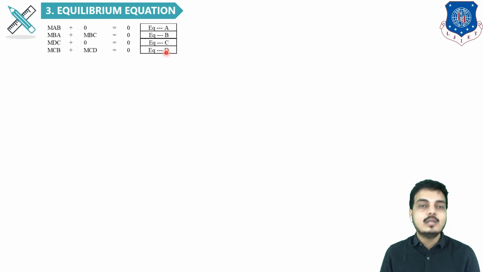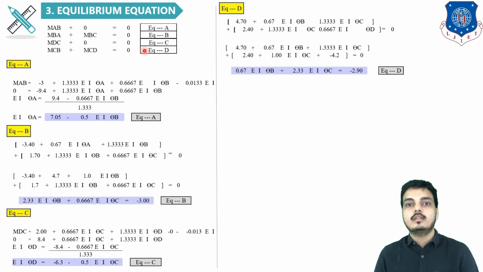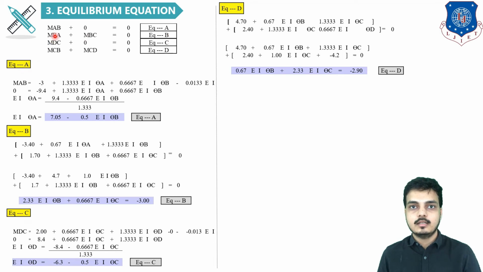Now I have changed the sequence of equations. Look, this is for A support, this is for B support, this is for C support and this is for D support. But why I have changed it, I will be explaining in a further step. Now look, what are equations A, B, C and D, how to solve, please pay attention. Now equation A is nothing but MAB plus 0 equals 0. So this is my equation MAB. Now here MAB equals 0 as written.